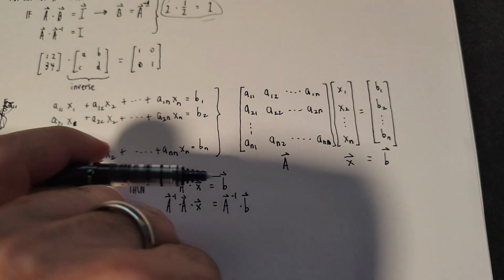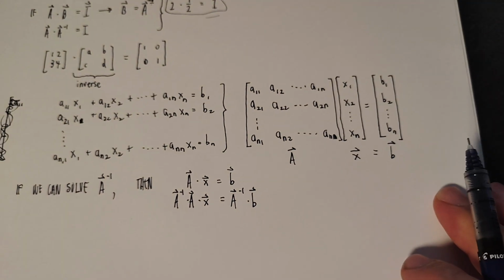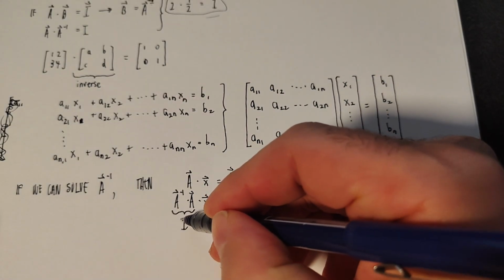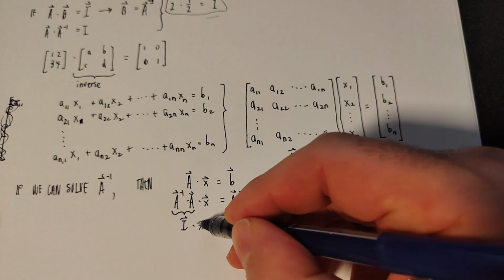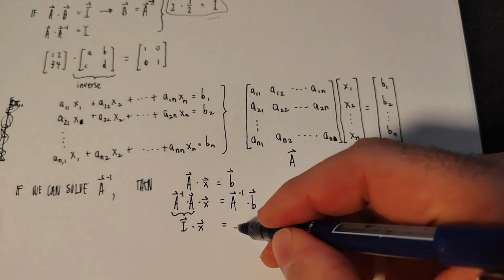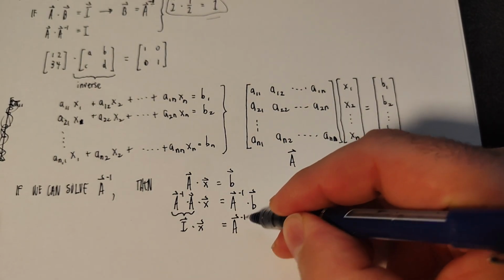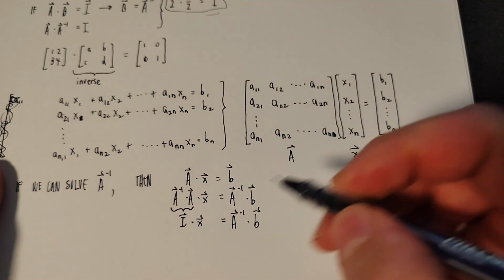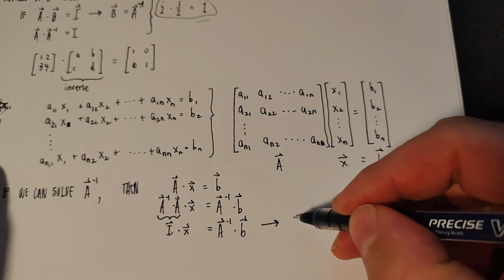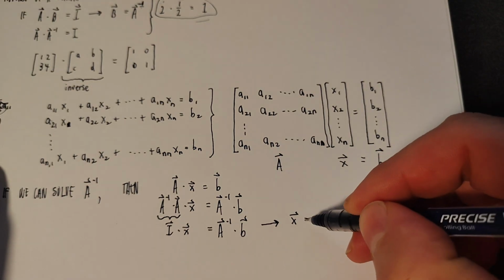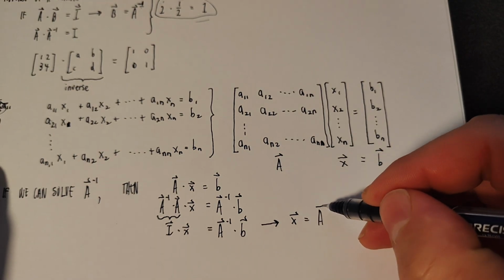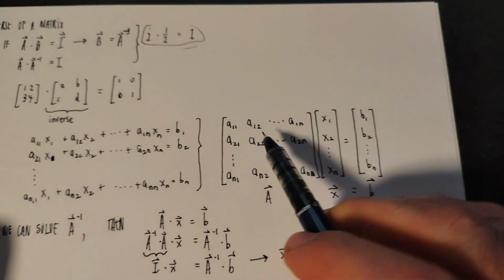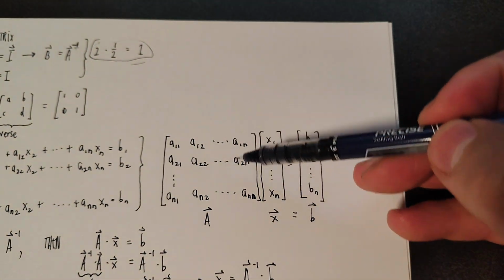So this just becomes the identity matrix times vector x is equal to A inverse times vector b. And that gives us the solution. So the solution for x is just going to be A inverse times the vector b. So we need to find A inverse, and then we can solve this entire system out